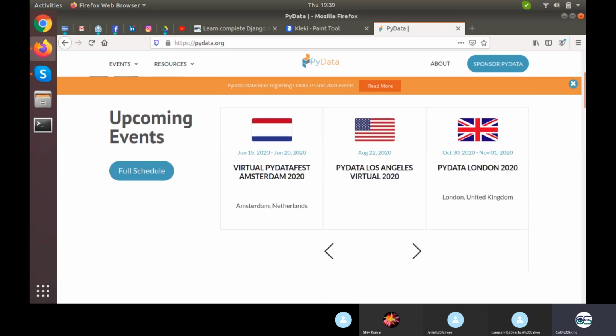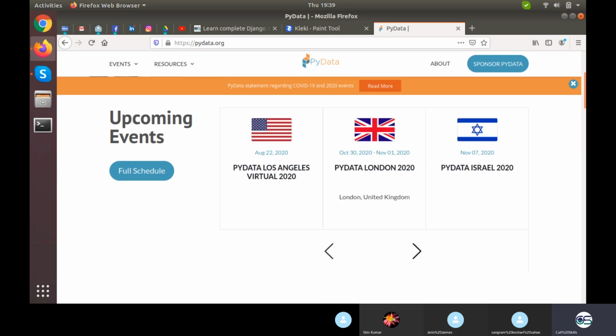A carousel is going on in which someone has given the image of, I guess it's the Australian flag, American flag, my bad, and this is the name of the event and the date of the event. Then some other flag, some other date, some other name. Then if we move on, some other flag, some other date, some other name.